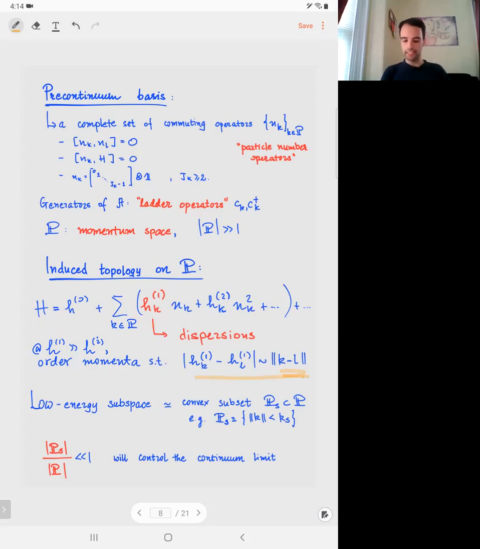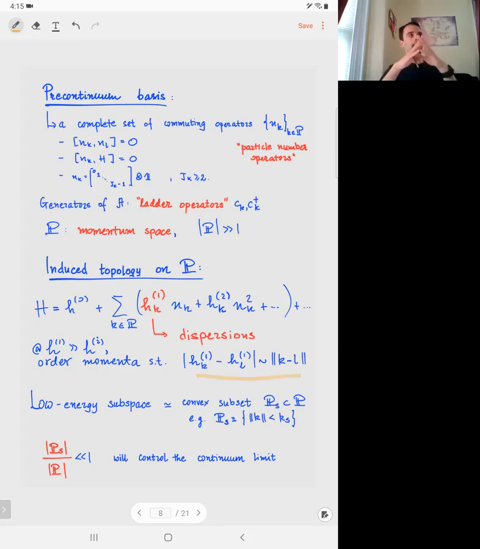So the assumption is that there is some structure that the Hamiltonian induces, and this is the natural way to do this, by saying that the dispersions are much greater than all these other coefficients here. This is essentially saying that the theory is close to being free. These are things that you will induce by turning on various interactions in the theory. So a generic theory will, of course, not be too close to this, and then it's a question of universality. You might need to do some Wilsonian RG to reduce the number of k's until it's closer to a fixed point, or to a free point. But in general, I will assume that for some reason or another, the Hamiltonian induces a natural structure like this,